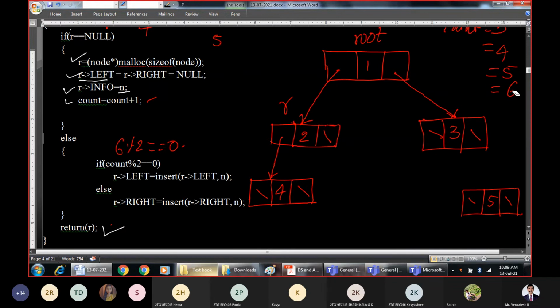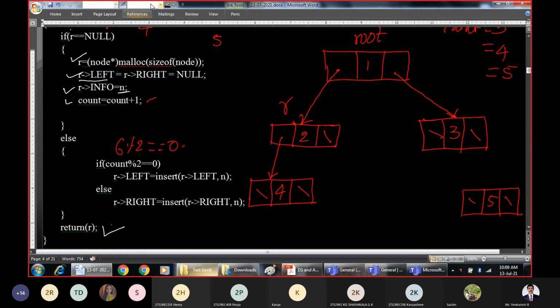Have I incremented it earlier? I should increment it after inserting. Here I did it 2 times, I think. No, it should not be incremented. I wrote it 2 times because this will get attached to the right side.